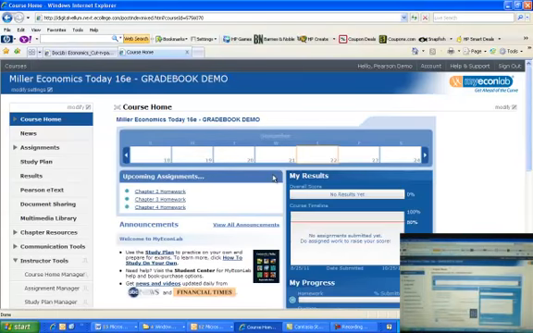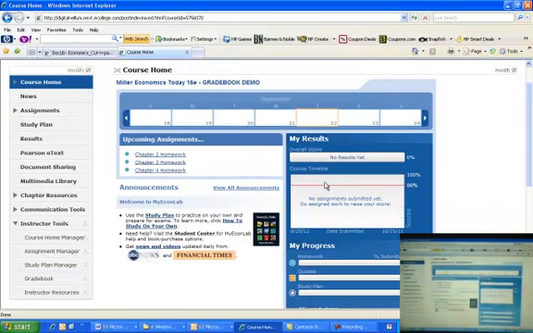Let me just ask you, at 11 o'clock at night, how do your students get help when they're really doing their homework? Are they going to call you? Probably not. I wouldn't answer the phone. They might email you, and you may or may not be willing to help them out. But in MyEconLab, the great thing and one of the most